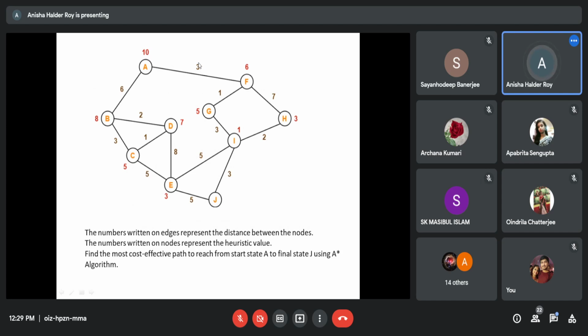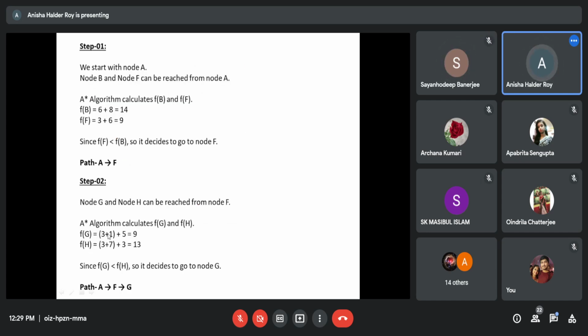Is it understandable? Everybody tell me. AFG path 3 plus 1 plus 5. Okay? AFH path 3 plus 7 plus 3. So it is 9 and it is 13. A-star algorithm now calculates FG and FH.